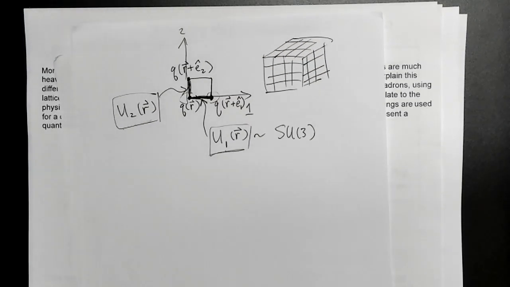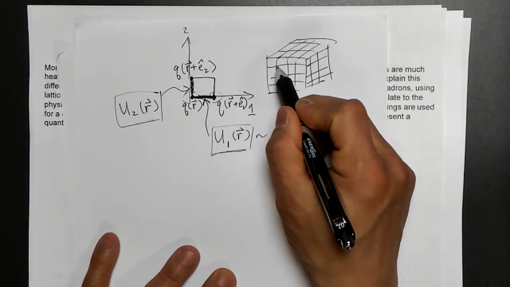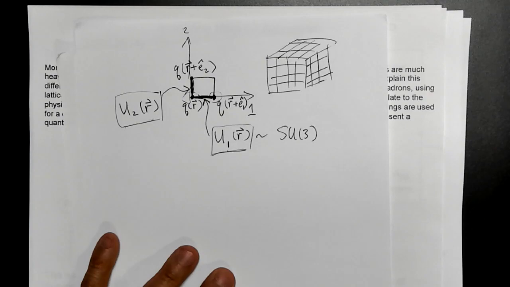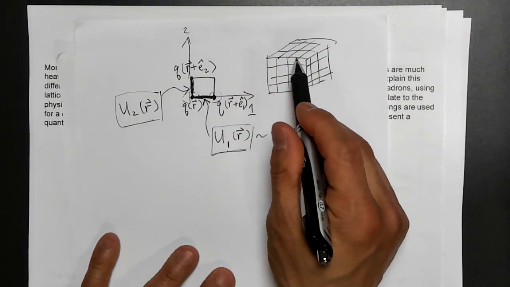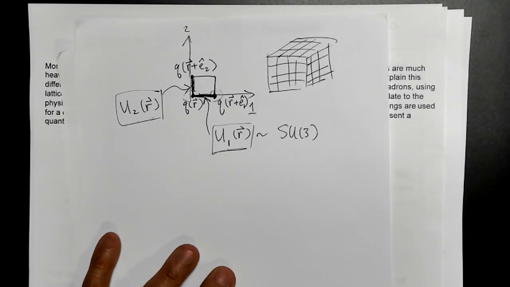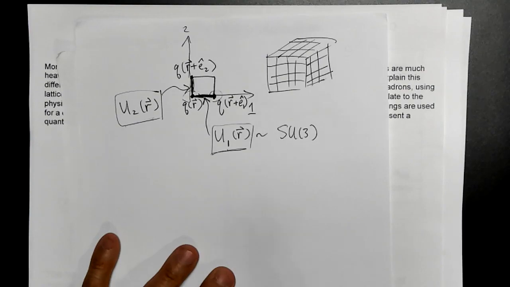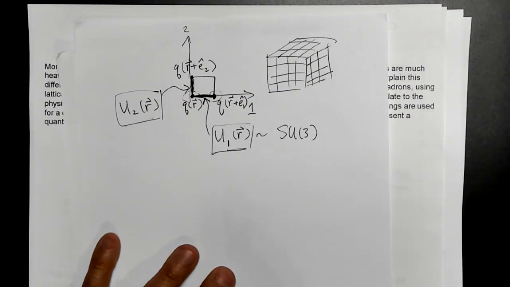So we've talked about this before. Lattice QCD simulations is where we imagine that space-time is divided up into a lattice. I've shown you here a three-dimensional lattice, but it's actually a space-time lattice, so you actually have a four-dimensional lattice for space and time. And what you do is, on each of the lattice grid points, you have the quark